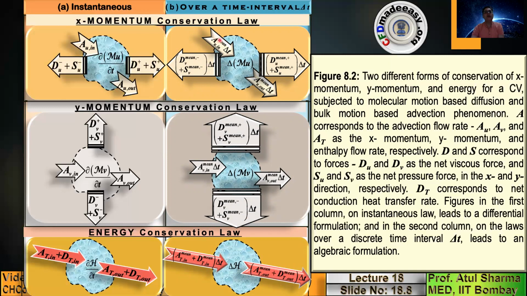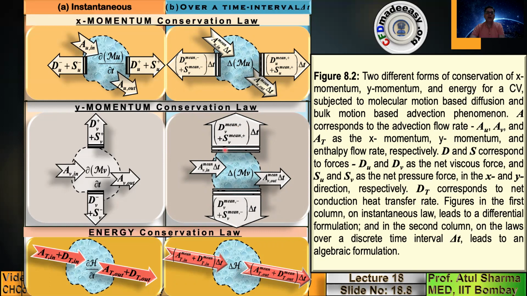Similarly, when you take the product of the X momentum flow rate with delta T, you get the amount of X momentum entering into the control volume. This is the amount of Y momentum leaving the surface of the control volume. Now, when you take the product of force with a time interval, it is called impulse. So the product of the viscous force with delta T is called viscous impulse. The product of pressure force with delta T is called pressure impulse. These are the viscous and pressure impulse in the positive x direction, and these are in the negative x direction.